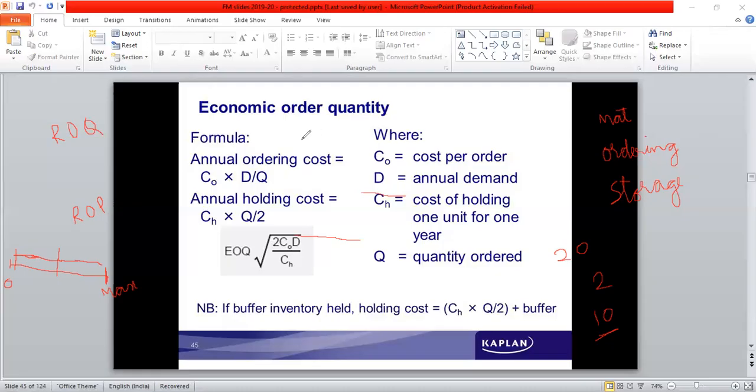So for that reason, the quantity that is ordered, which is also economic in nature, has to be calculated. Economic order quantity. Economic order quantity is given by a formula. EOQ is equal to under root 2 COD by CH. Each textbook has a different variable which is used, so don't be worried about what variable. The logic is under root 2 into the total quantity which is needed during 1 year, into